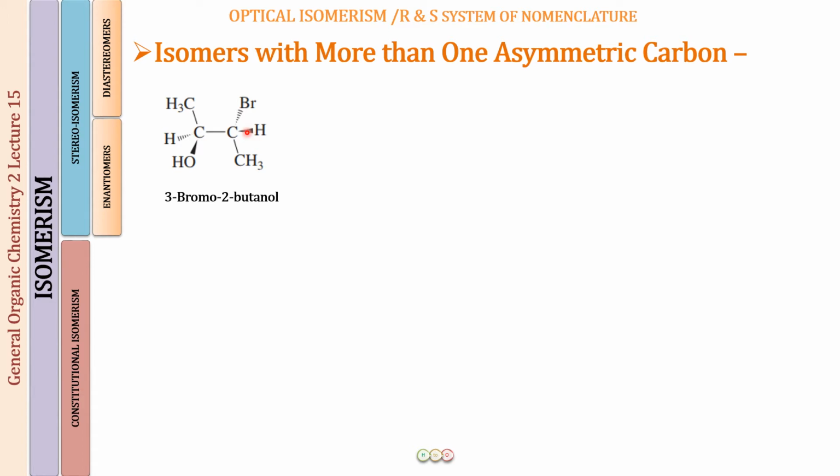If it had been one, we would have been 100% sure, with no looking further. But since there are two chirality centers, you have to check for the elements of symmetry. When you check for the elements of symmetry, what you find is that if I make a plane dividing the molecule into two halves, the two halves are not going to be the mirror image of each other in any plane that you draw.